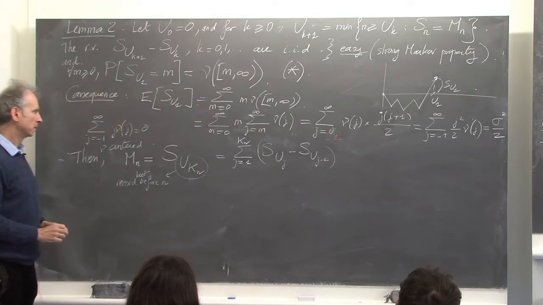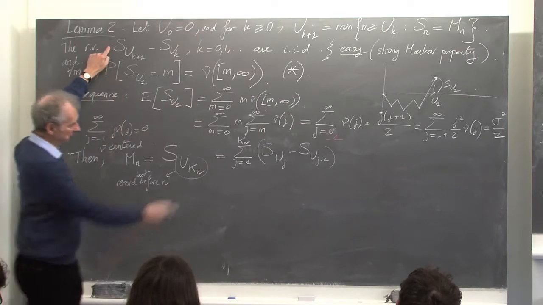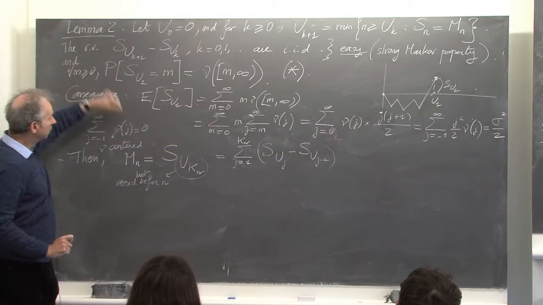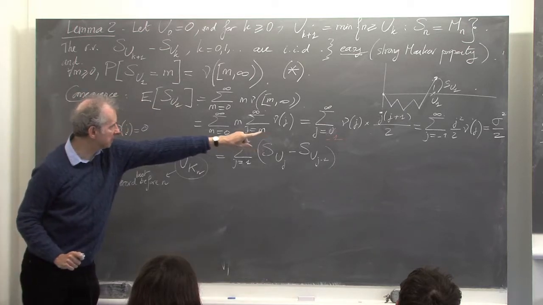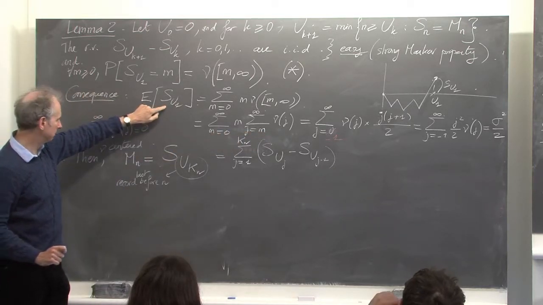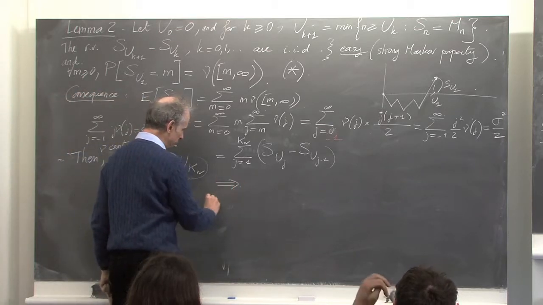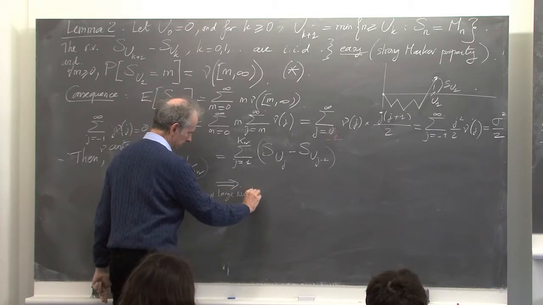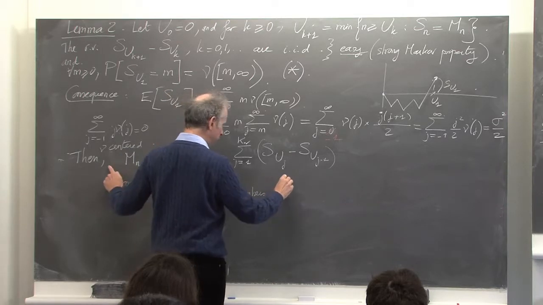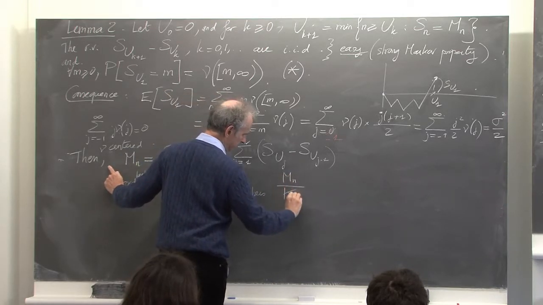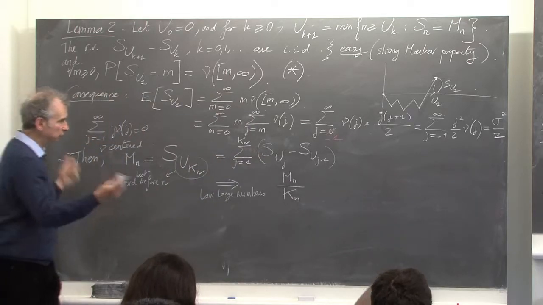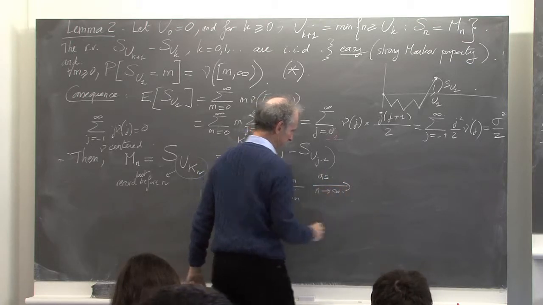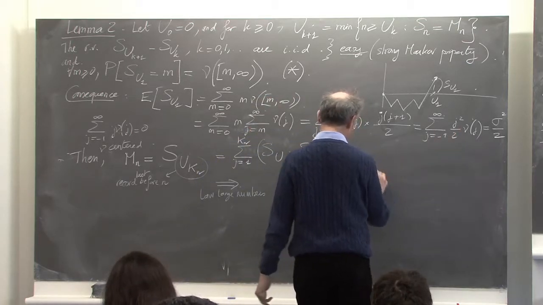Okay? Now I'm going to use the lemma, which tells you that all these random variables here are independent. Okay? And they have a mean which is equal to, this is a calculation I did there, sigma square over 2. And you just use now the law of large numbers. And it tells you that if you divide this sum here by kn, well, it converges to the mean, and the mean is what I computed here, sigma square over 2.